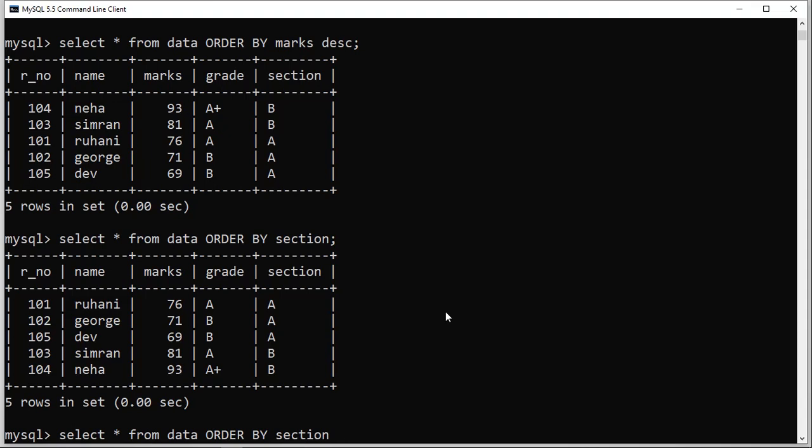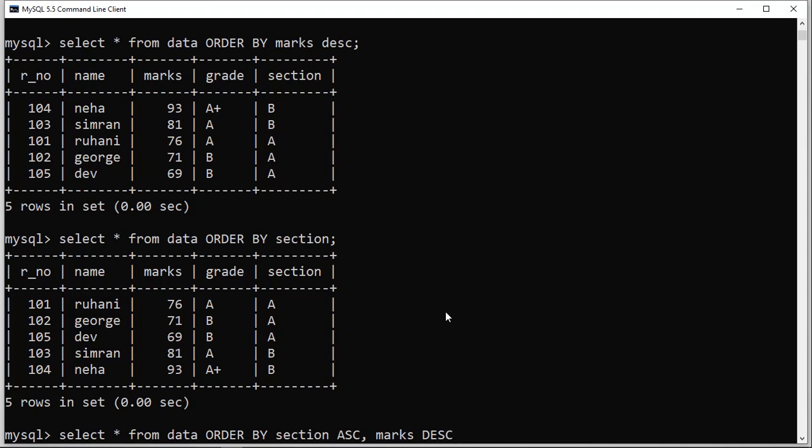Let's mention the order of sorting, ASC. Okay, and the marks among this sorted order should be in descending order. Okay, so marks DESC. This DESC is for descending order.